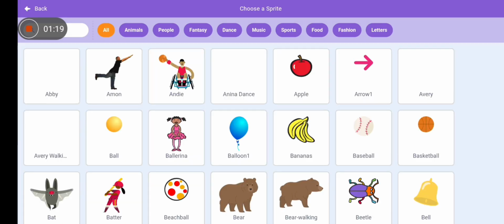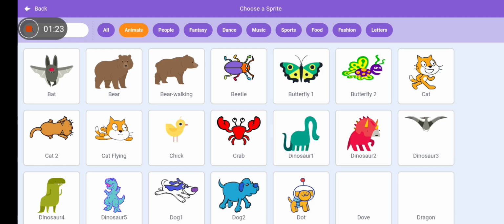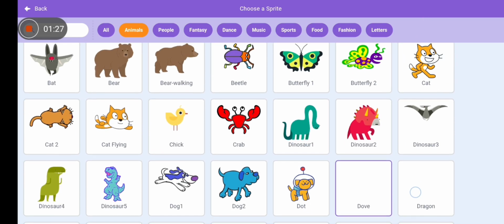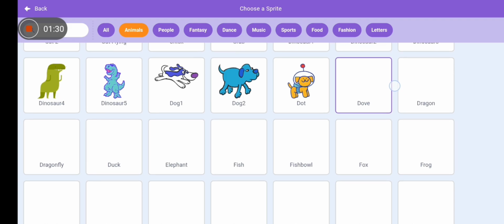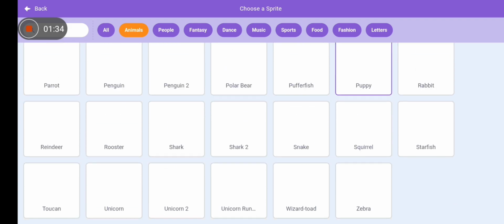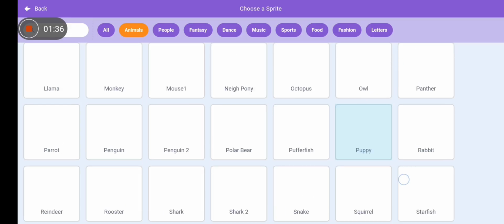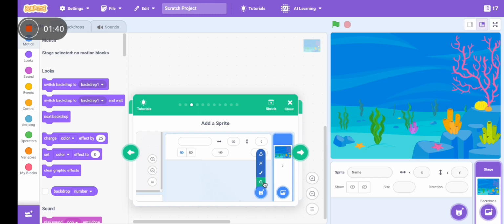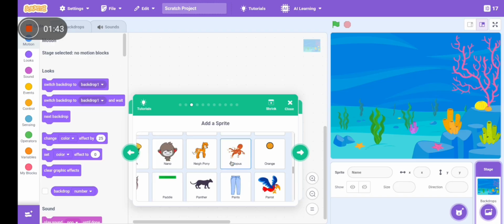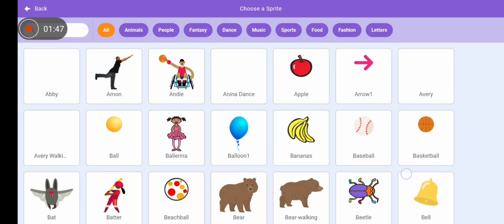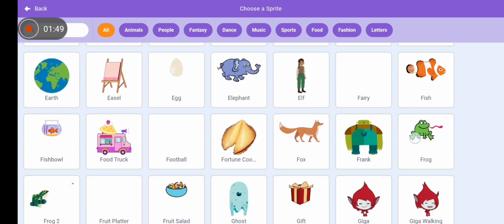Now what the next one is showing us is that we should pick a sprite, and we're going to be picking the octopus sprite. So we just have to scroll now and click on the octopus sprite. From there, after clicking on the octopus sprite, we have to press the next one, and